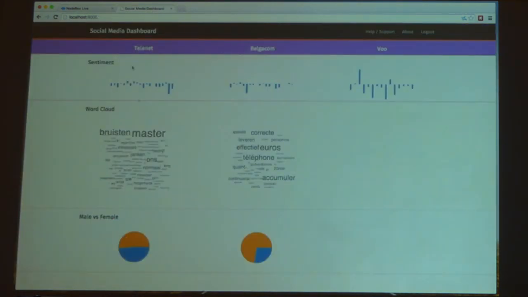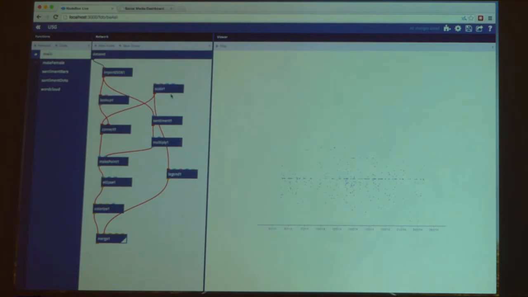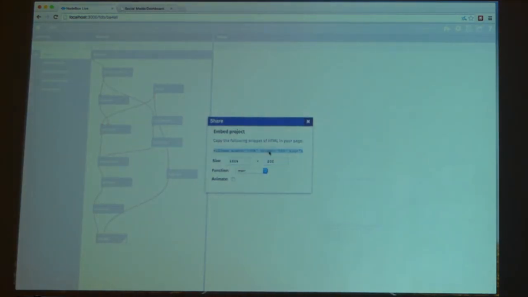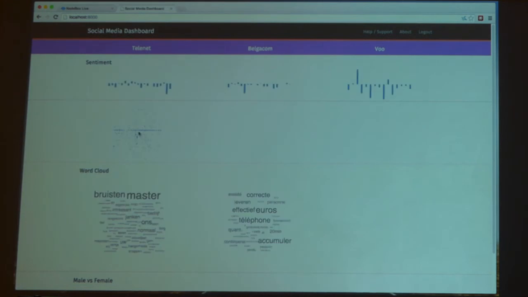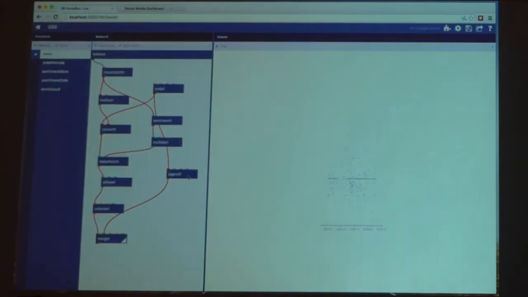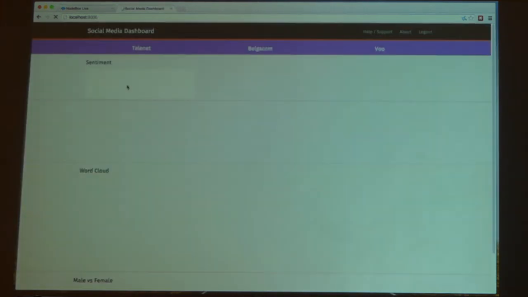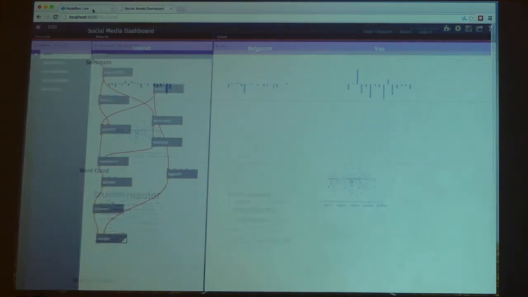So now what we can do is we can say, oh, we have a dashboard application or whatever, so we're going to tweak this so it fits in the dashboard application, make everything get smaller. We have a little piece of iframe code that we can copy and paste in a dashboard, and you can see that the thing is appearing there. It's a bit too big, so we can still tweak it, it's still live. So we can tweak that thing, put that in, and now you can see it works.